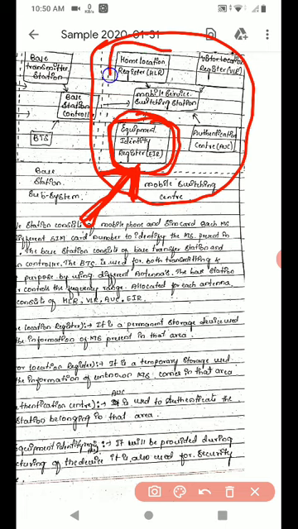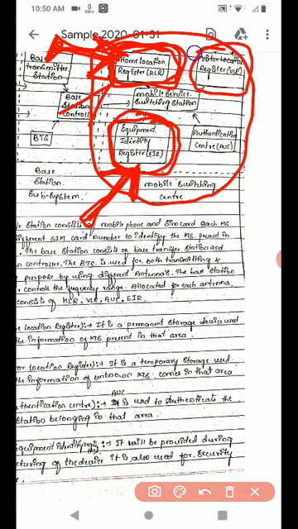Next, we'll go for the home location register. When you are buying a new SIM card, you are giving all your personal details for buying the new SIM card. Those details are stored in this home location register. It is a permanent storage. If I consider one cellular area, that cellular area will consist of all mobile station details. That is a permanent storage.